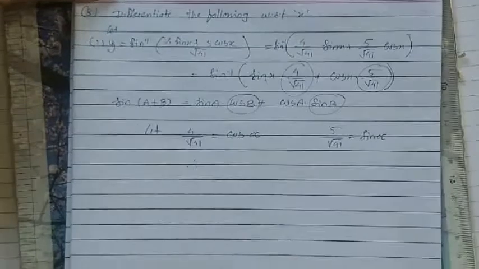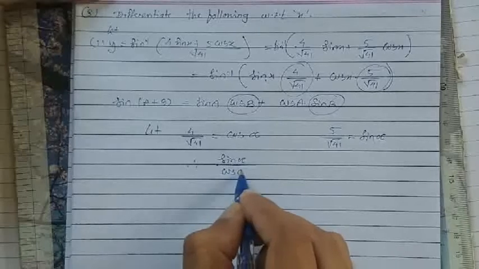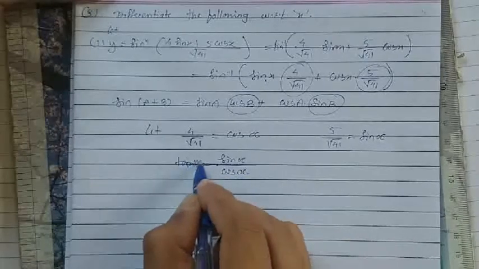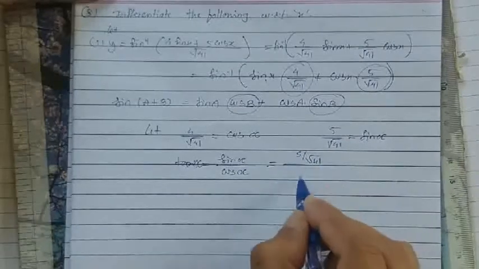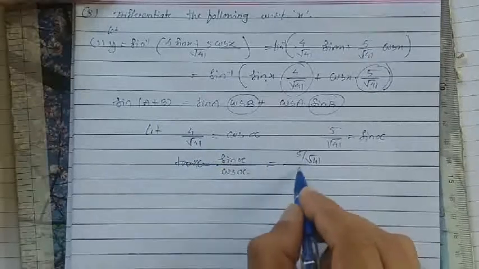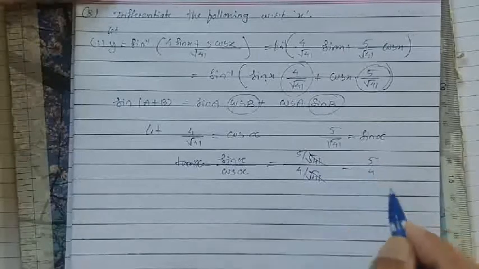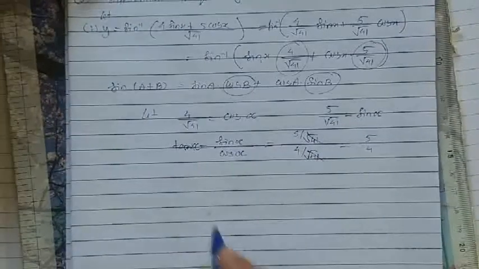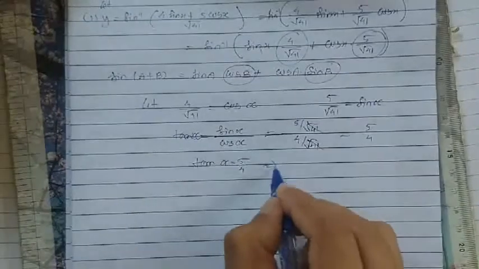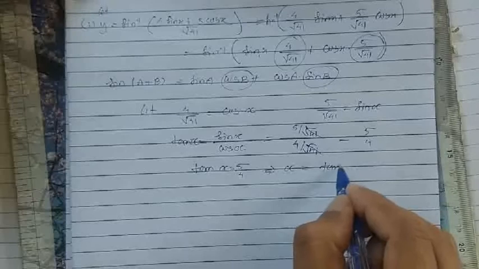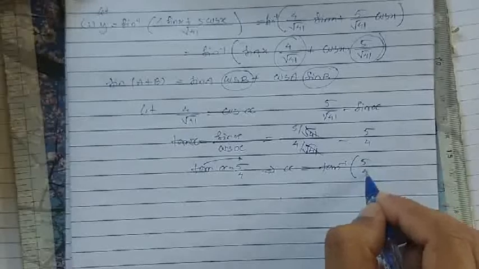So what is the value of tan of alpha then? We know that sine of alpha divided by cos of alpha is nothing but tan of alpha. What is the value of sine of alpha? 5 divided by root of 41. What is the value of cos of alpha? 4 divided by root of 41. Root of 41 gets cancelled. We will get tan of alpha equals 5 by 4. So what is the value of alpha? Shift that tan from LHS to RHS. It gives us alpha equals tan inverse of 5 by 4.